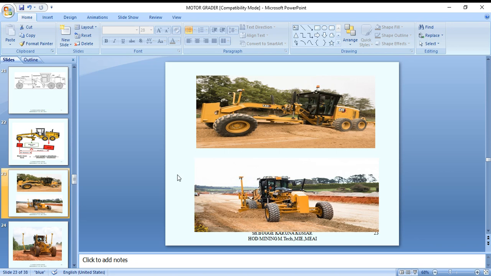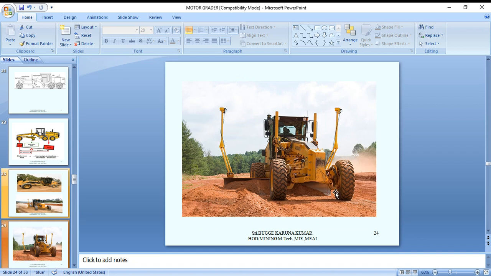The motor grader is shown operating at an open cast or road site. Here it is very clearly shown how the grader will clean up the bottom of the ground, and pull down to some place, adjusting wherever the down point for the material will be adjusted, overall in the grading.